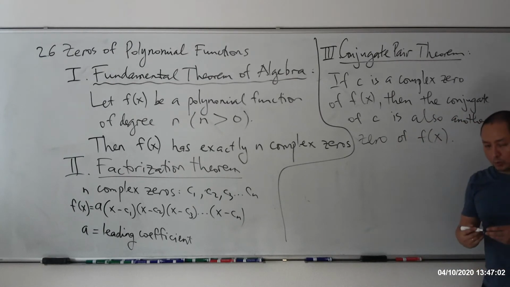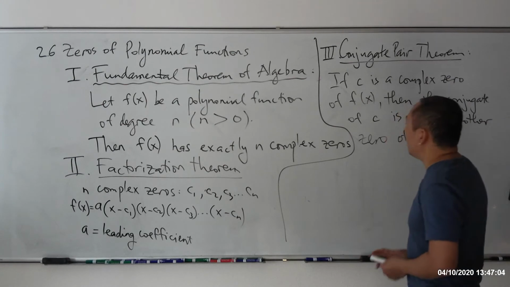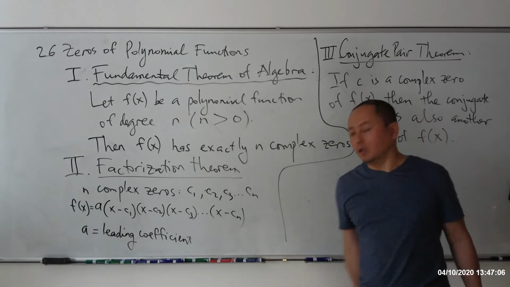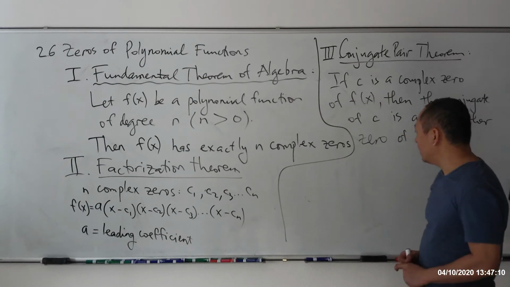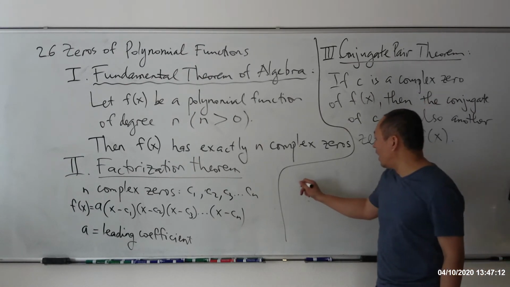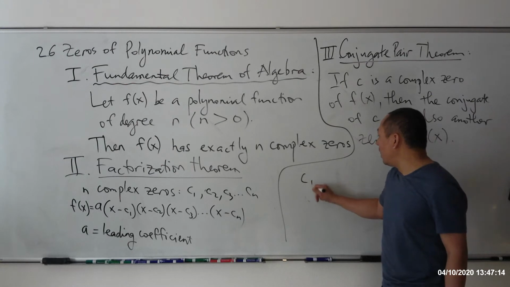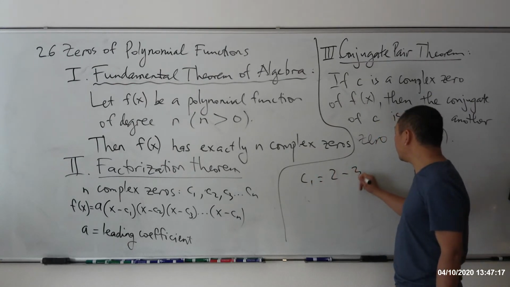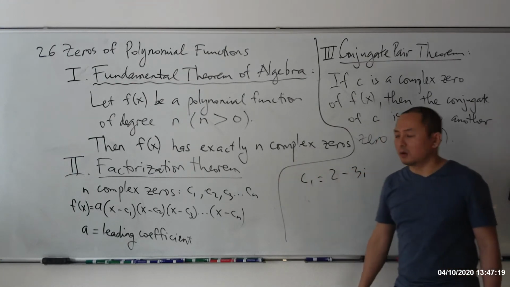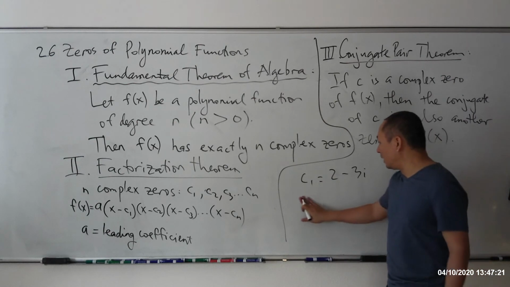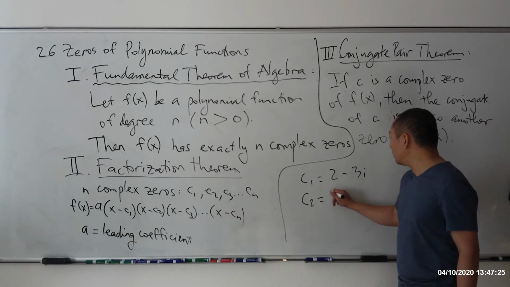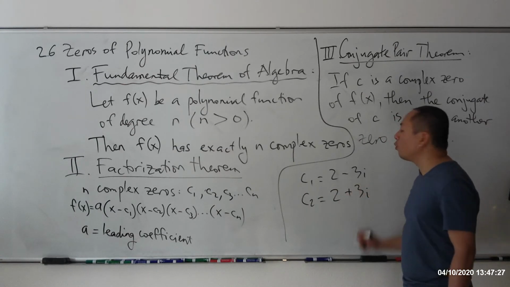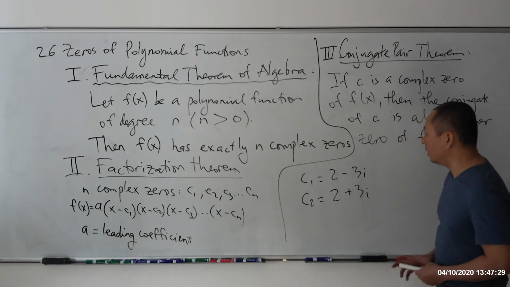And this is a pretty important theorem as well. We're saying you have a complex zero, then you know another complex number which is also a zero for the polynomial. For example, say c1 is equal to 2 minus 3i. This is a zero of the polynomial. Then without learning any further, you immediately know that c2 is equal to 2 plus 3i will be another zero for sure for the